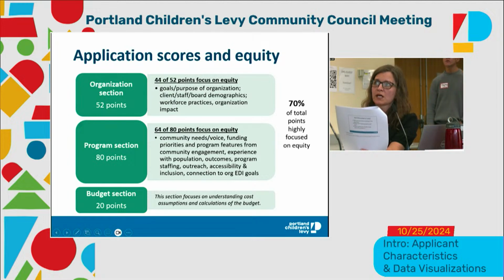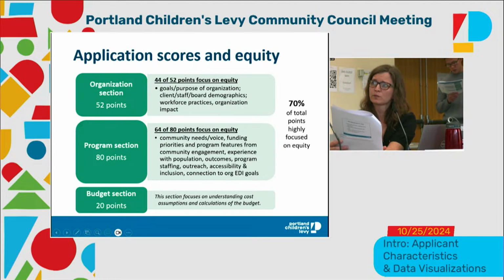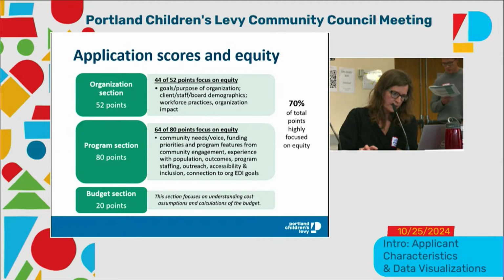So about 70% of the points on these applications and the scoring criteria are designated toward racial equity, diversity, and inclusion. This suggests that applications that score high are demonstrating strength in these areas. In the 2019 grant round, the application asked slightly different questions and had slightly different scoring criteria, but still about half of the points were focused on racial equity, diversity, and inclusion, and scores highly correlated with the applicant's focus and strengths in equity, diversity, and inclusion. So as you keep that in mind about scores,